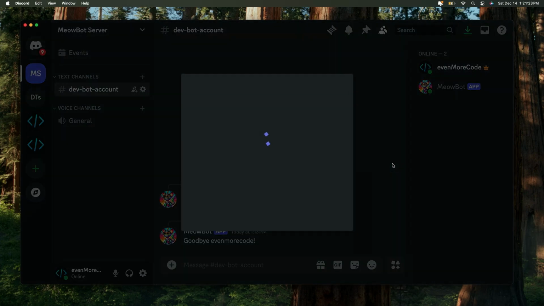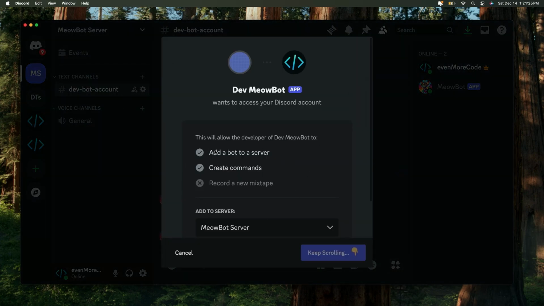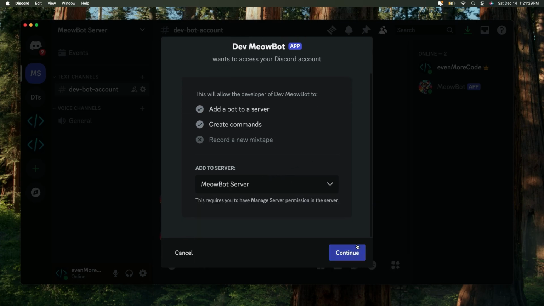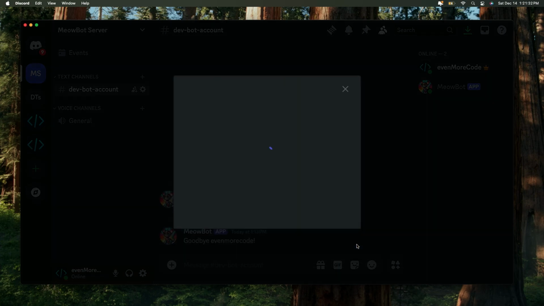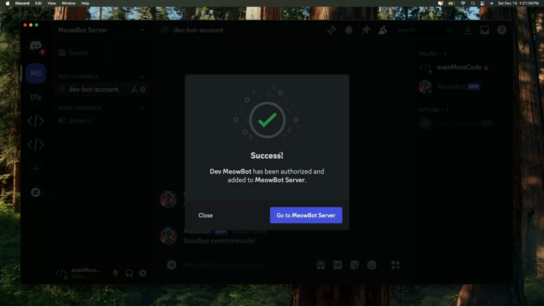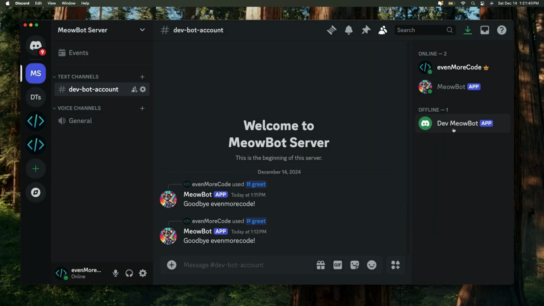Enter. Then it's going to pop open in Discord. You get to pick the server that you want to add it to. I'm going to do the MeowBot server. Continue, authorize, and there we go. Pretty simple. And that's it. Now we go to the server and we have the dev MeowBot bot in our server along